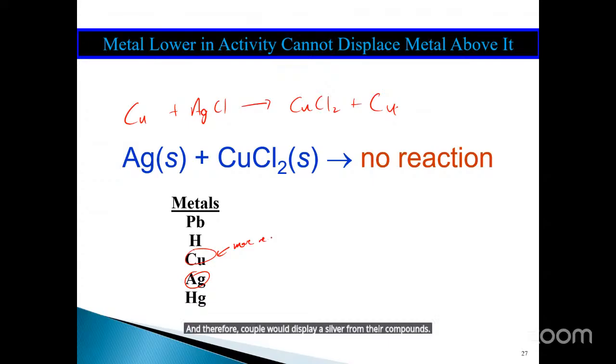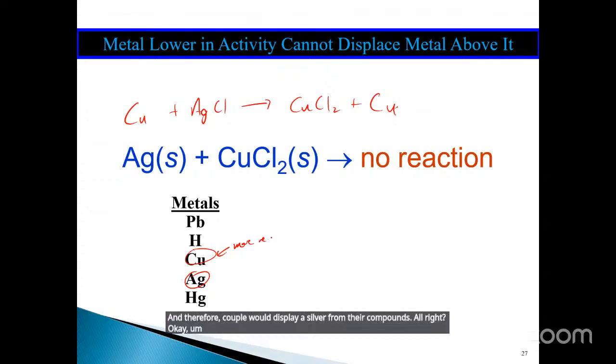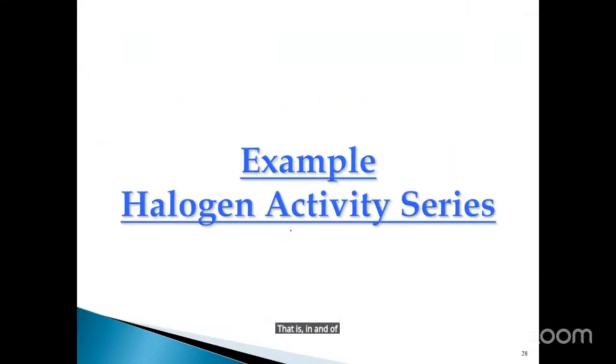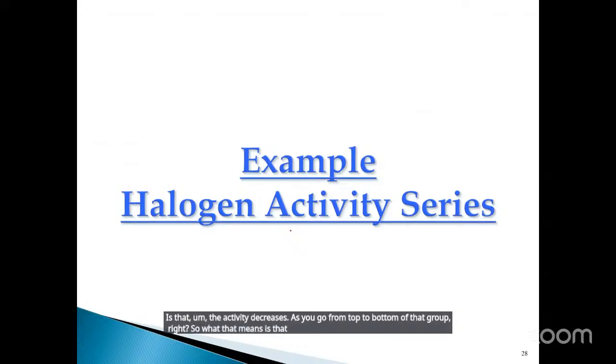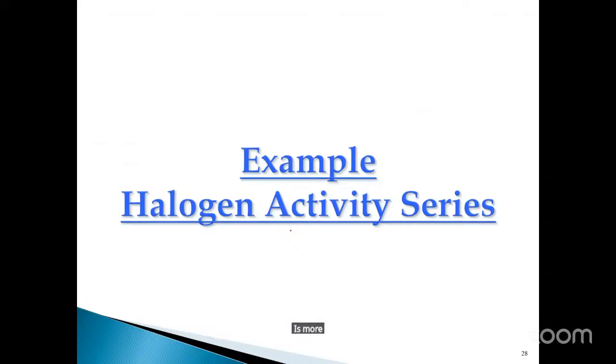Now, group 7, which is the group of elements known as halogens, is in and of itself its own activity series, because the activity decreases as you go from top to bottom of that group. So fluorine is more active than chlorine, which is more active than bromine, which is more active than iodine. We usually ignore astatine, At, because